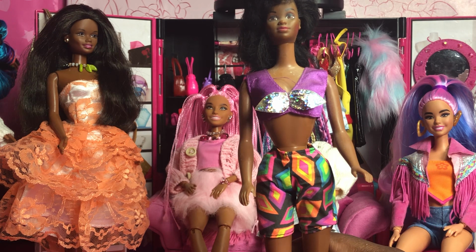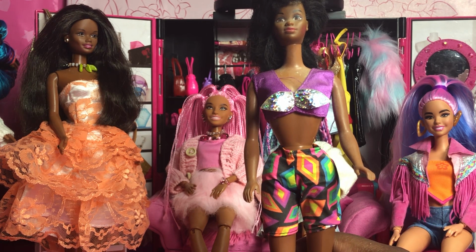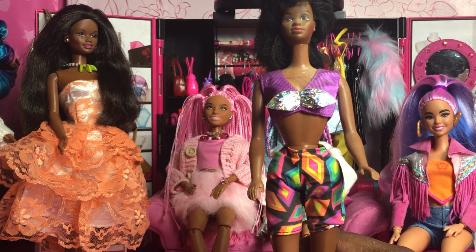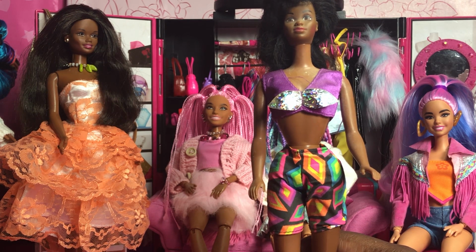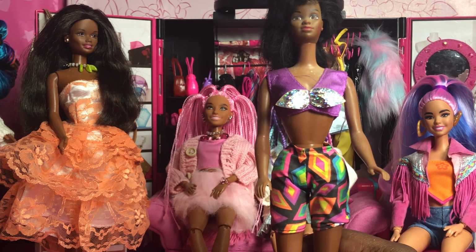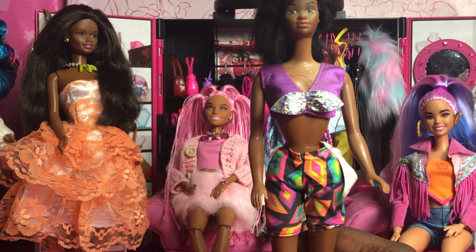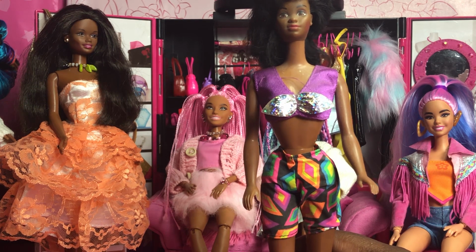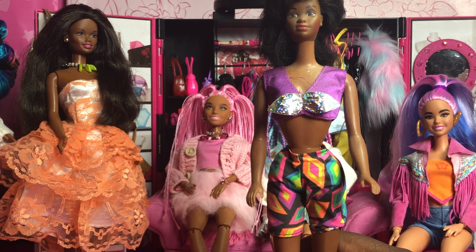And just orange makeup, or just light orange makeup on the darker melanated women. That always just got under my skin. I'm like, there's prettier makeup out there. And so I feel like Mattel did some serious hitting and missing with the makeup or face screening with the earlier Barbies. So maybe they should have done some collaborations with some of the